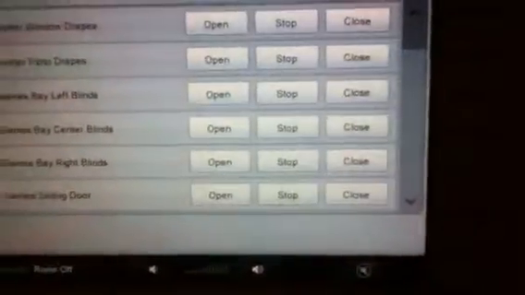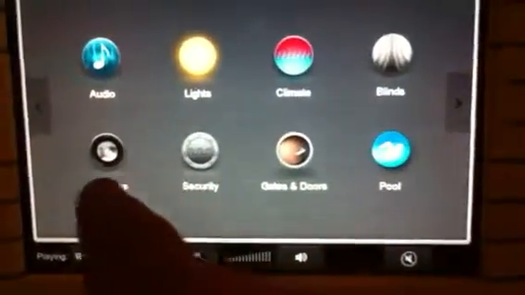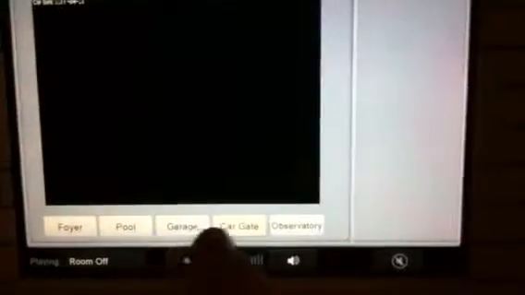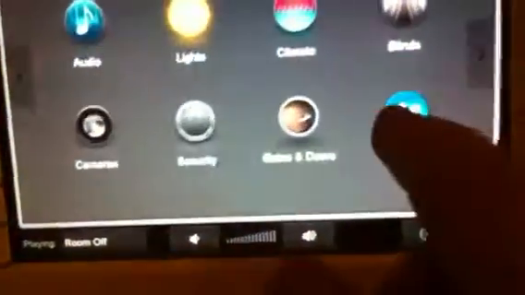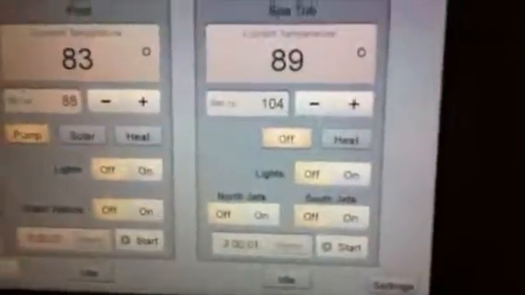Blinds, similar kind of thing. Master window drapes. The momentary stuff I'm not too worried about. Cameras right now. You look at it from here, which is not an uncommon angle. What's selected, it should be dark. Pool. Again,